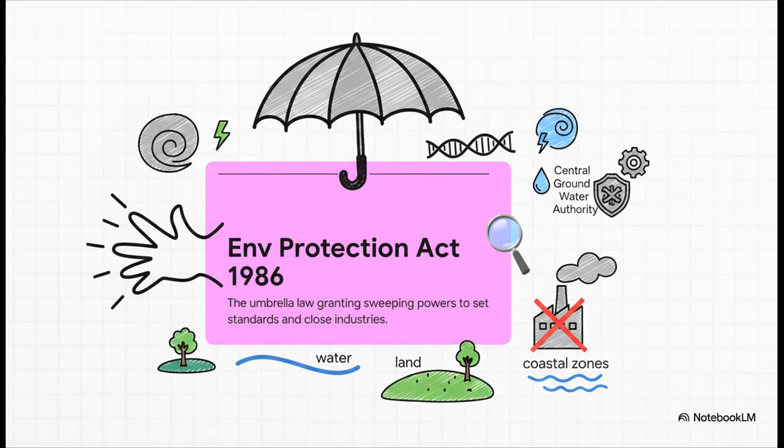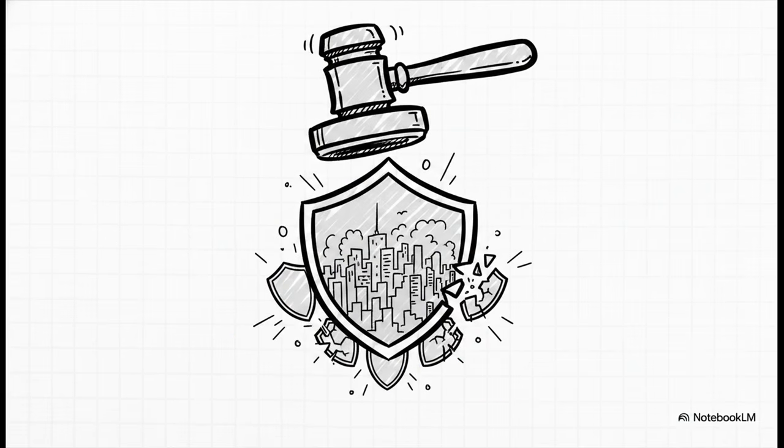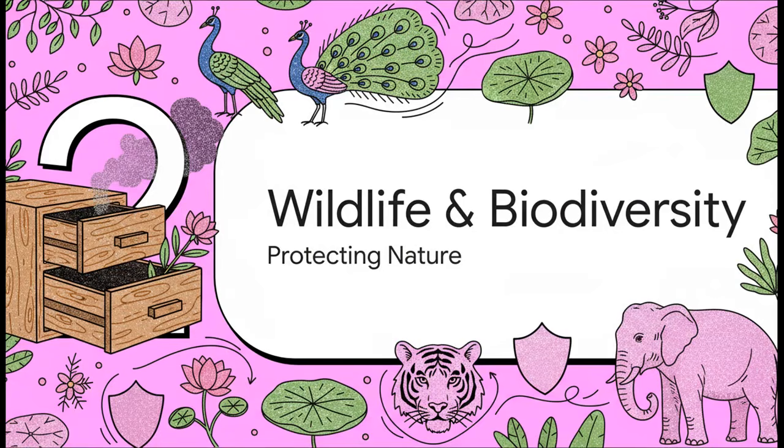and the CAQM. Speaking of the CAQM, or the Commission for Air Quality Management Act of 2021, this is a much more recent, modern carve-out. It was designed specifically to handle that severe, highly concentrated air quality crisis we see in the National Capital Region. What you absolutely need to remember here is its jurisdiction. It completely overrides the powers of state pollution control boards in that specific region to ensure a unified, top-down response to the smog crisis. Okay, moving right along to our second bucket: protecting wildlife and biodiversity.